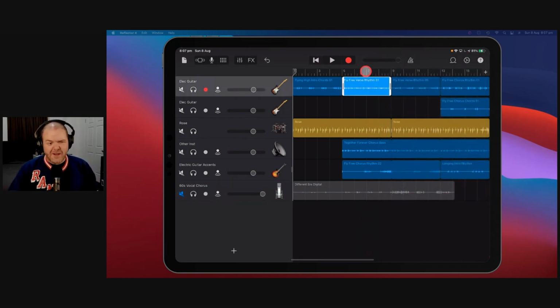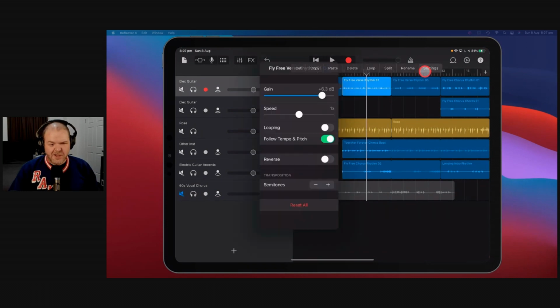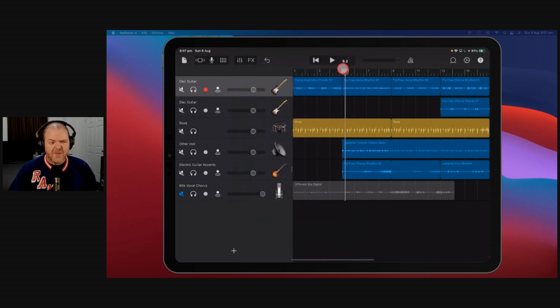You can also come in here and do all sorts of cool things like change your settings here. You can make them faster. You can make them slower. You can make them follow the tempo pitch or not. You can transpose. So say you're like, Pete, that's a bit boring because when I come in here and start playing this one,